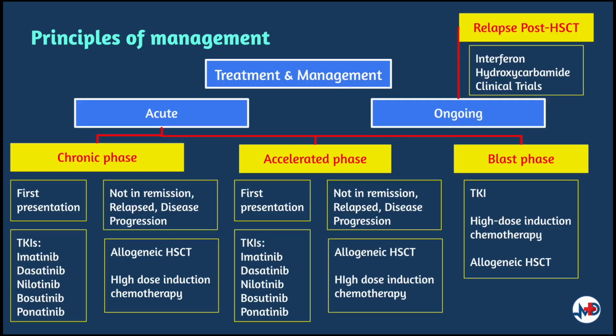Standard initial treatment for CML is with first-generation tyrosine kinase inhibitor imatinib, as it is well tolerated and most patients achieve a complete remission. Overall survival rates with 8-year follow-up is between 85 to 90%. The risk of progression to accelerated phase has been reduced to 7% with the use of imatinib.